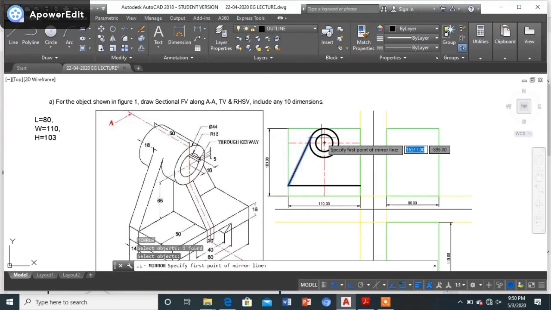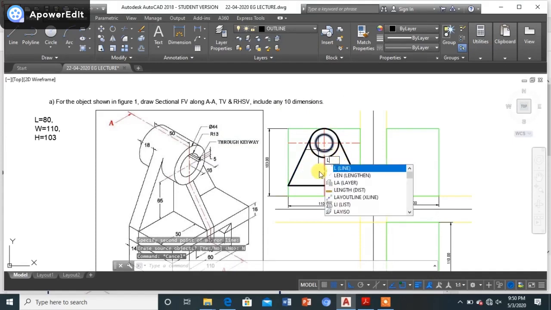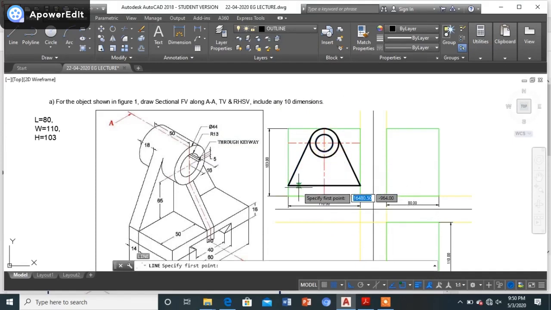As you can see, I'll be getting it on the other part. Okay. So once we are done, I'll be drawing the further parts. So this is how we get this edge over here. As of now, I am simply drawing it. Later on, we will just make this trapezoidal slot. Apart from the trapezoidal slot, there is a rib.